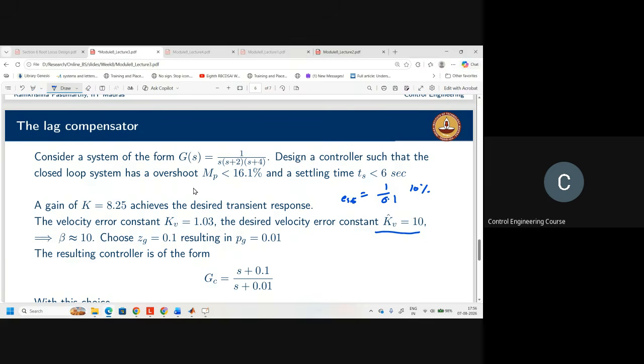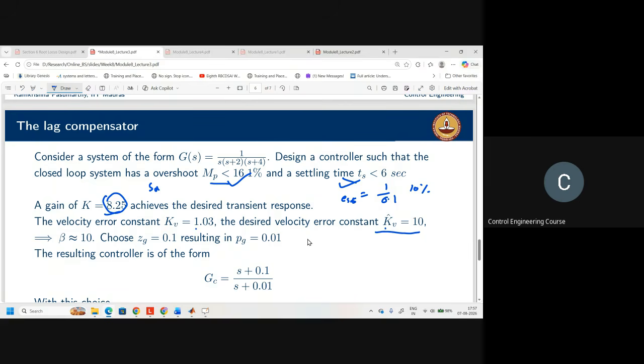So what we do is first you compute K based on the desired Mp and settling time, that is overshoot and settling time. First you calculate Sd, and then we check that Sd is on the root locus. Since it is on the root locus, the corresponding K is this one. That means your transient characteristics are satisfied. These all are satisfied for this K value. Next step is we have to eliminate error. That is, your desired velocity error constant Kv is 10, but what is the existing one? Existing one is equal to 1.03. How did you get this one?